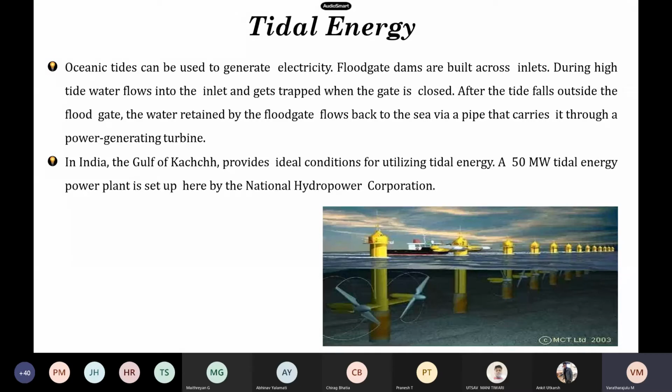In India, we have a trial in Gujarat, the Gulf of Kutch, which provides